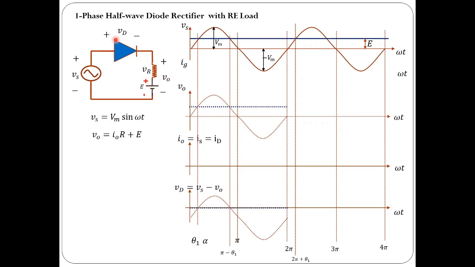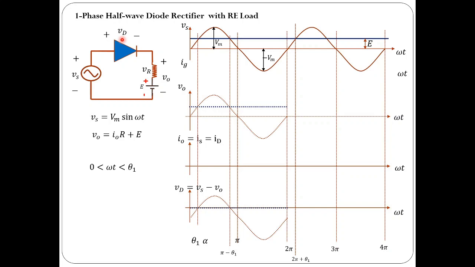And what about the voltage across the diode? The voltage across the diode is the same as Vs minus V naught. So when it is conducting, it is 0. If not conducting, the difference is going to be negative, and that would appear across the diode. So the diode is going to be reverse biased. Whenever the diode is not conducting, it is said to be reverse biased, and the voltage across the diode is equal to Vs minus V naught. So please do remember this.